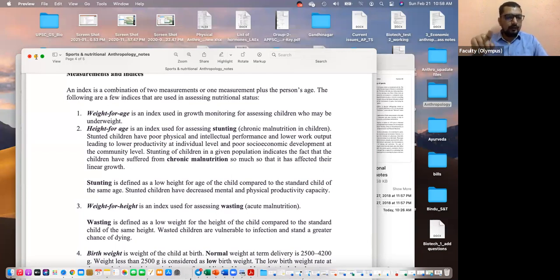But overall, what we are learning here is that growth has to be attained. It doesn't matter what it is. A given 5-year-old should have this type of height and weight, and we're talking about a range. We're not strictly talking about one height and weight; they should fall within this category. If they're falling below that threshold, then definitely something is wrong. And then you probe further into the reasons and factors causing those problems. Okay, right. So I think I'll stop this part here.